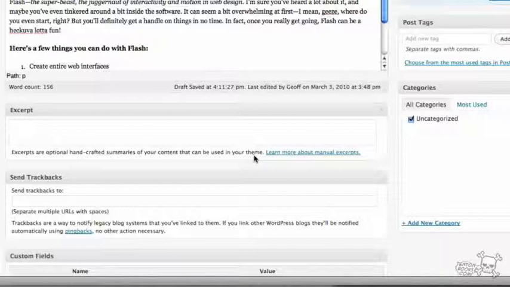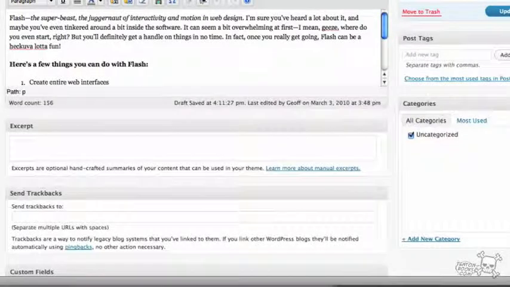But the other thing that I want to mention about excerpts as well is that they replace the post's full content in your blog's RSS feed. And we'll talk more and more about RSS feeds as we work our way along. But the idea here is that if someone has subscribed to my blog's RSS feed, rather than getting the full content, the full enchilada, all of the content of a particular post, they would only get the excerpt from the post, right? Kind of a nice way to keep the items inside your feed nice and short